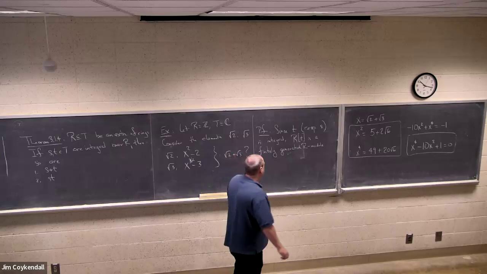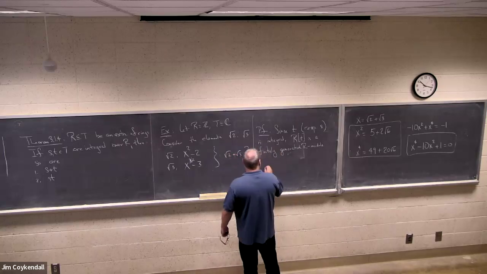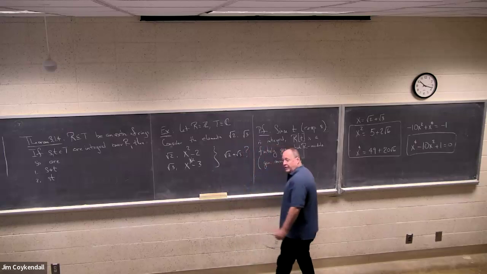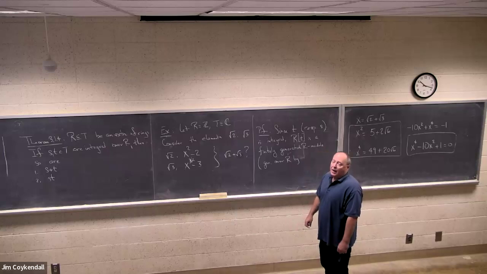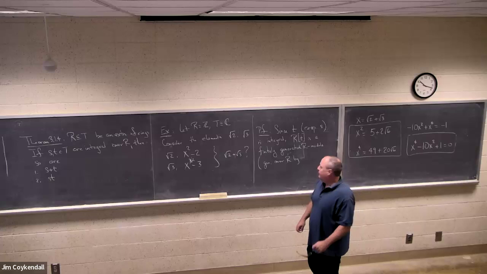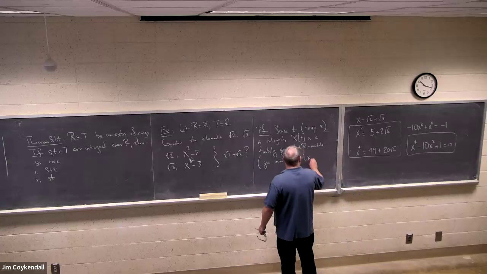In fact, it is generated over R by, and this is just how the proof works, this is shown in the proof, 1, T, up to T^(n-1),